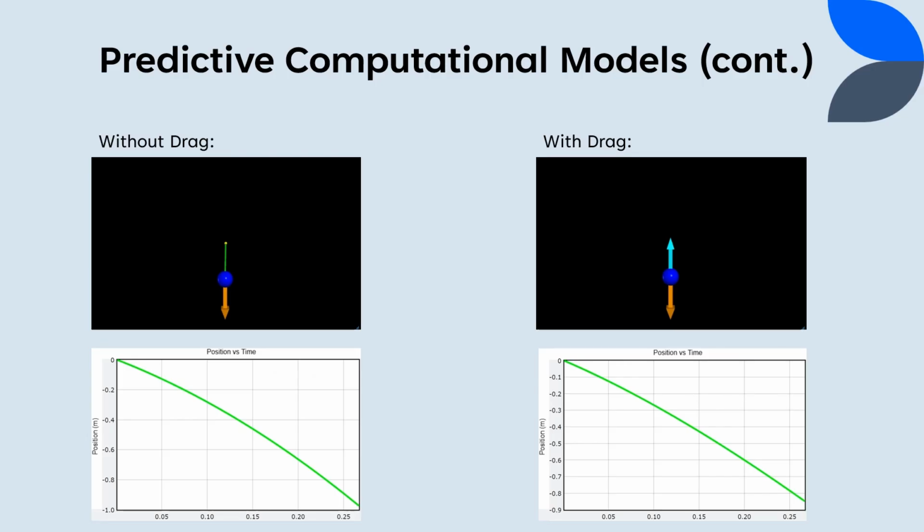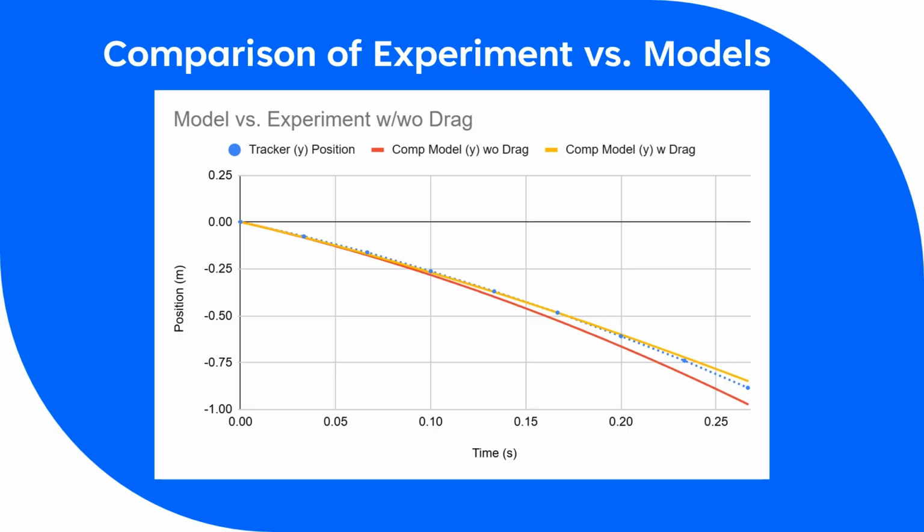Here is a visualization of the system's predicted motion based on the code and the computational models. It can be observed on the graph that all three models follow a similar trajectory. However, the computational model without drag has a steeper slope compared to the other two, given the lack of accounting for drag, which means that there isn't an opposing force acting on gravity and the object is assumed to fall